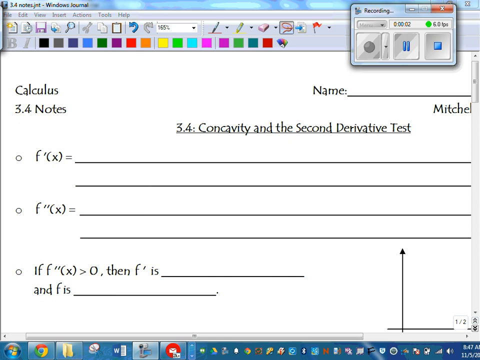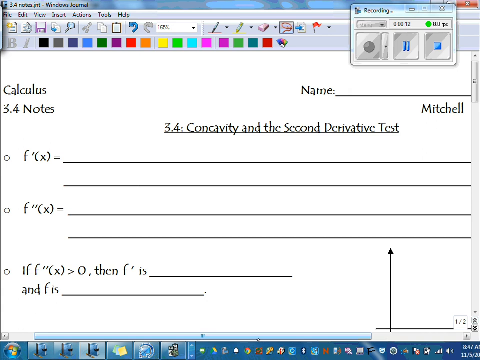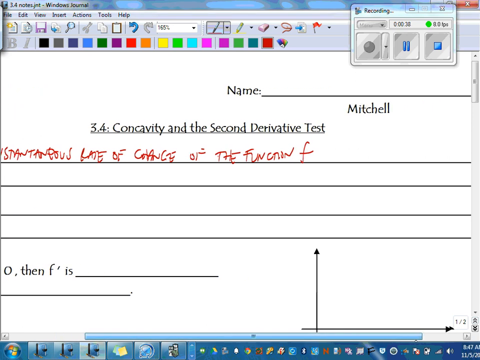All right, so first we're going to wrap up what we've talked about with the derivative, and then we're going to start talking a little bit about what the second derivative tells us about the original function f of x. So first of all, the derivative f prime of x, remember, is the instantaneous rate of change of the function f. It tells us how f is changing at any particular moment. That's also the slope of the tangent line